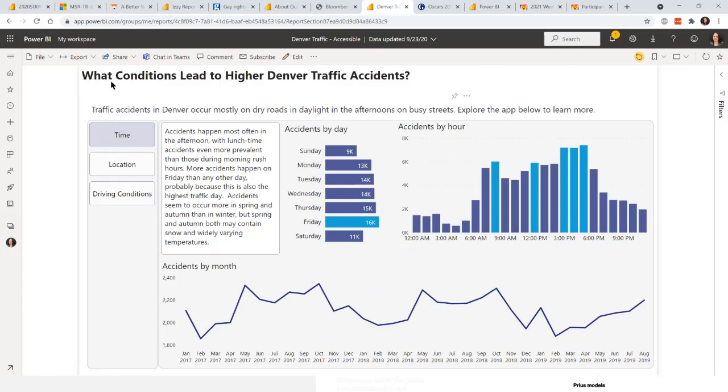I'm not originally from Denver. I moved here 5 years ago. And people in Denver cannot drive to save their lives. I don't know why they're so bad. They just are. And so I pulled the traffic data for Denver, and I wanted to analyze it across a